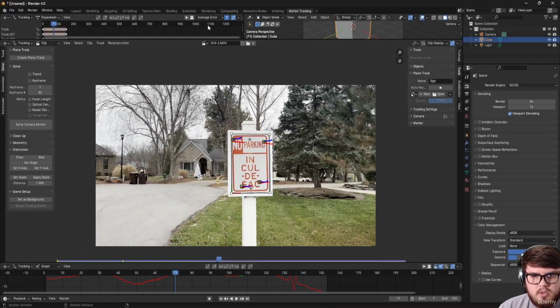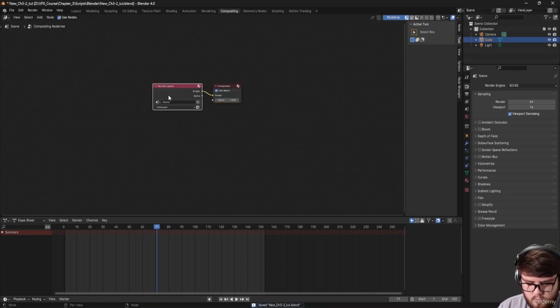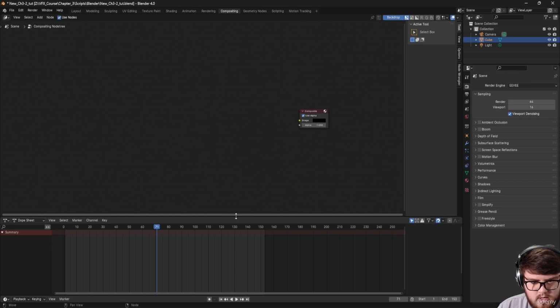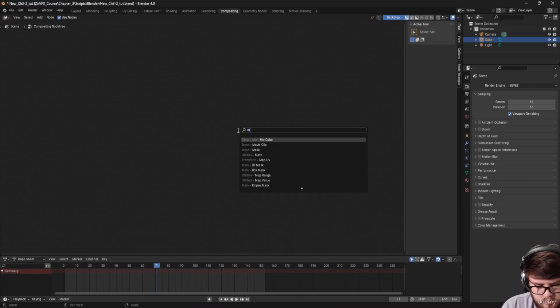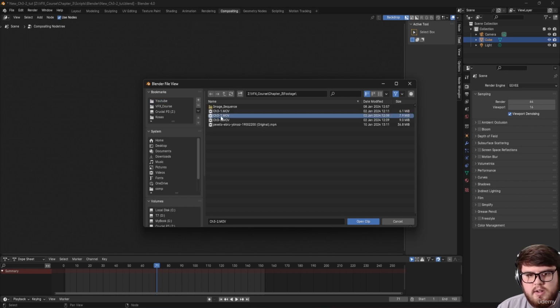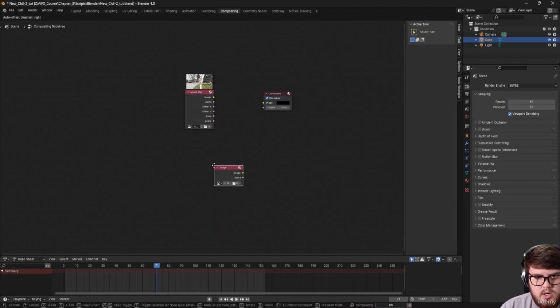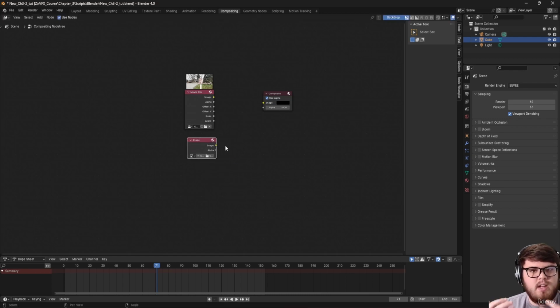So now let's come up to the compositing tab. Of course, let's hit use nodes and delete our render layers nodes. And we do need to import everything in. So let's do a movie clip and then open up our footage. Here it is, 3-2. So open that clip, and then let's go ahead and add in an image. And so this image, I've provided a couple of decals for you to use. Of course, you could go on Google Images, and anything with a transparent background you can put on the object. And so let's go ahead and open up